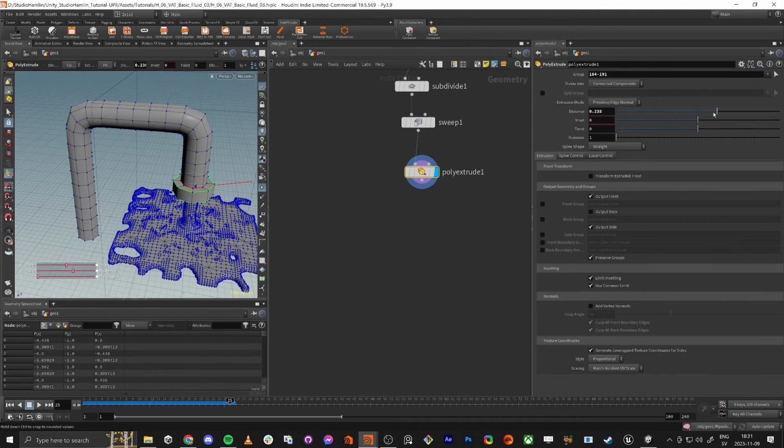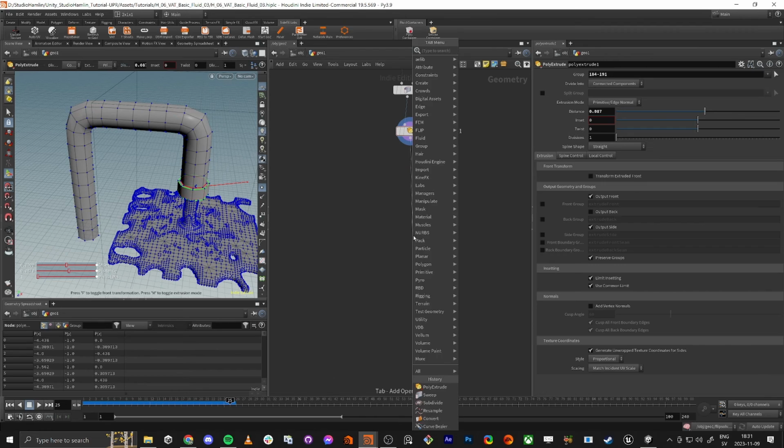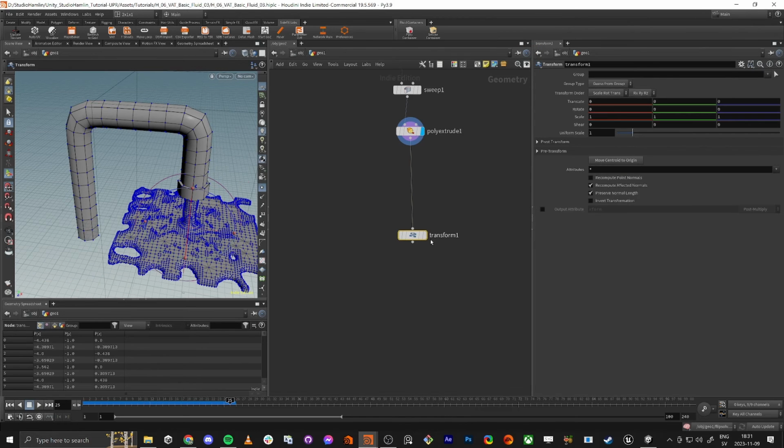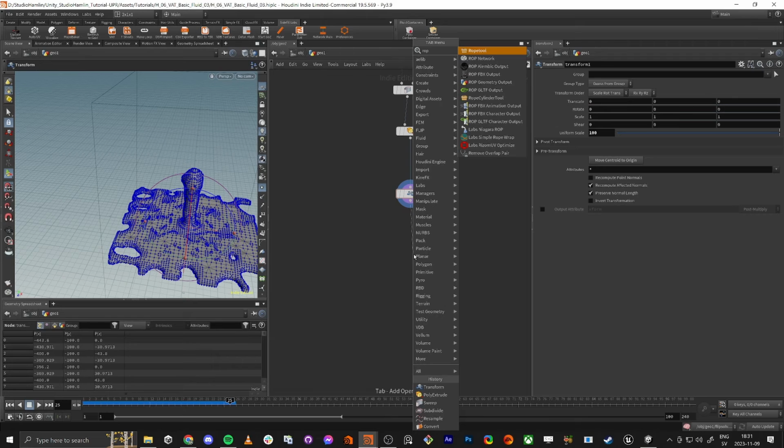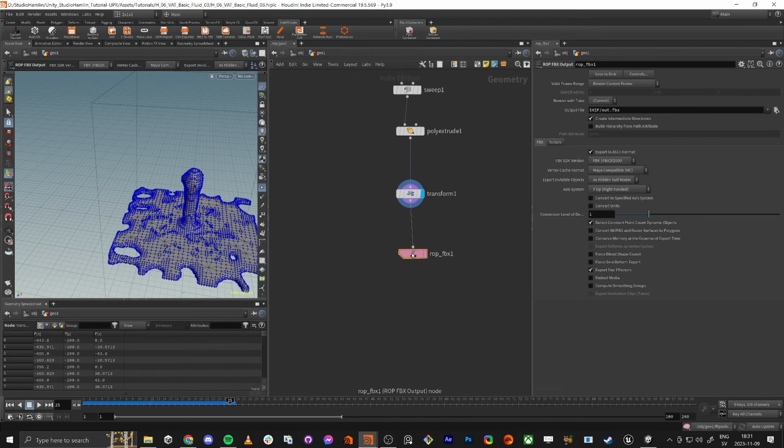And also a little bit less like this. Yeah, this is super good. This is gonna be sufficient. So transform, and this one is gonna be scaled up 100 times because that's required to match with Unity units. And then we do a ROP FBX output like this, and this is going to be next to the hip